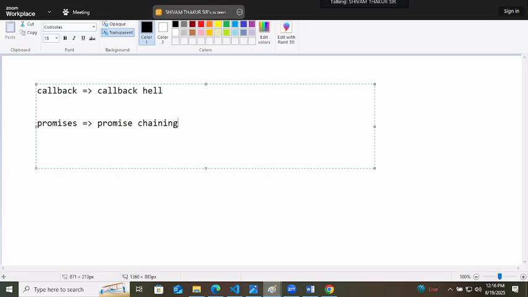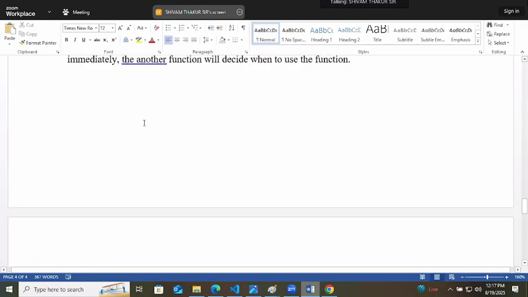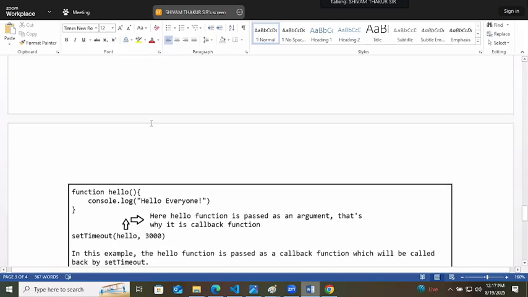Even if you want to do something, you can't do anything. For solving this promise chaining, you will get async and await. This is the complete picture. Yesterday also I told you, today also. So this is the callback.